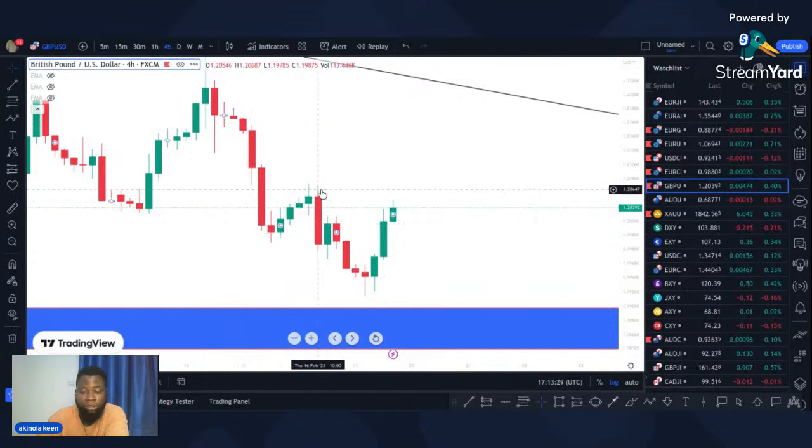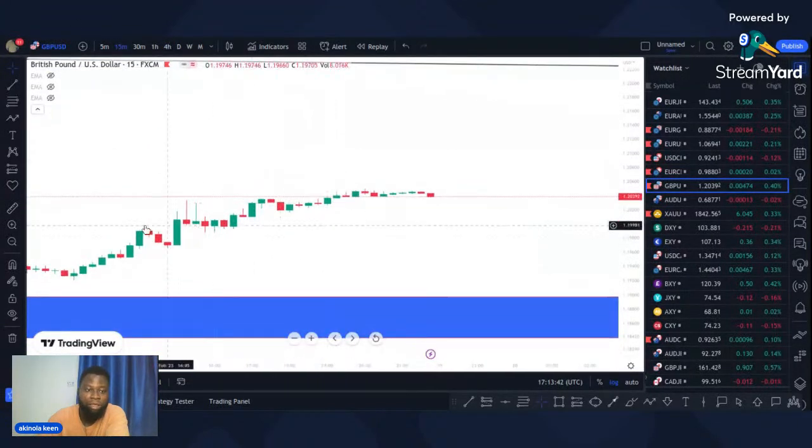You understand? This is a retracement. Then it forms a new low, and the price is heading to the initial low high. You understand? So let's go to 15 minutes time frame to see if we can actually pick something that will